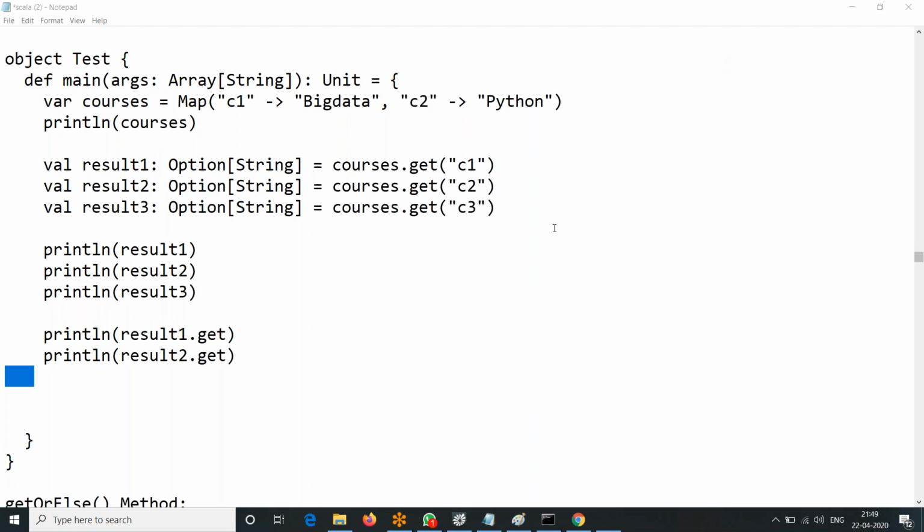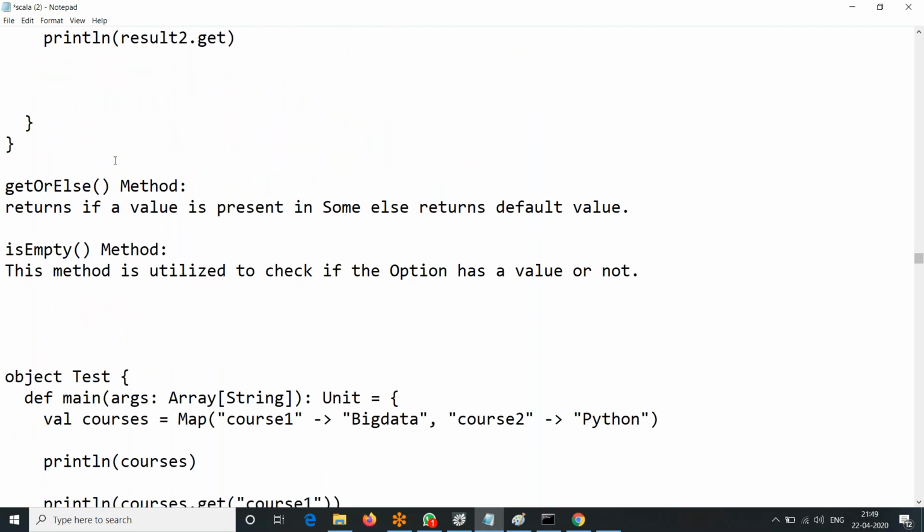So now let's move to the next topic. Now we have seen get. Another concept is getOrElse here. What is it? The getOrElse method. What does it do? It's simple and straightforward. Like get, what this method does is that suppose you have an option. Option has some value. Then when you apply get, it returns that value of Some.